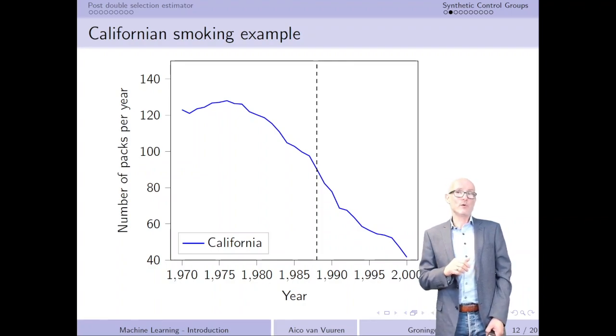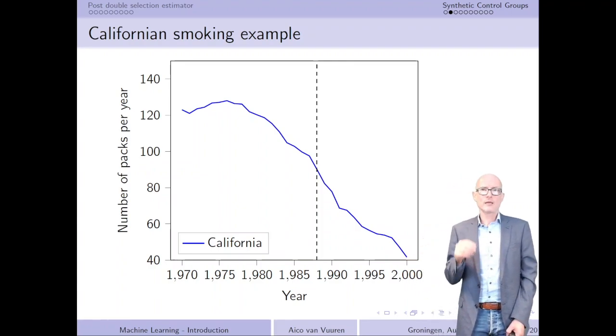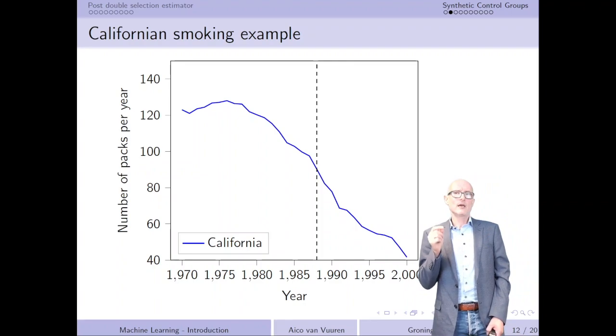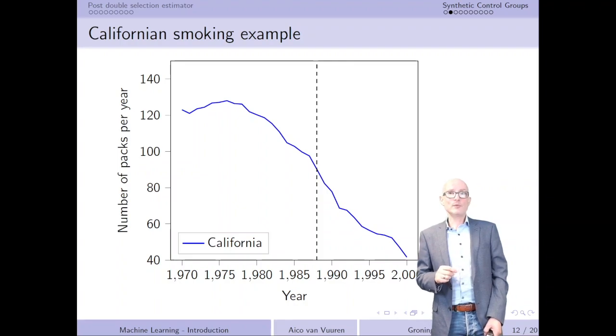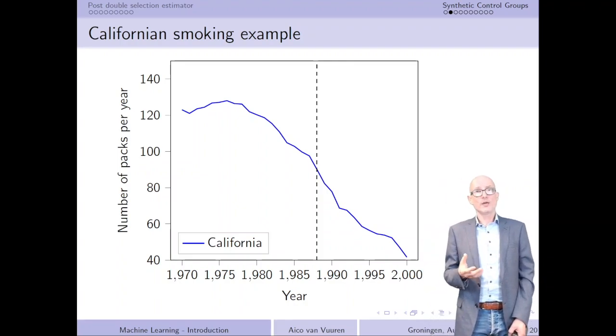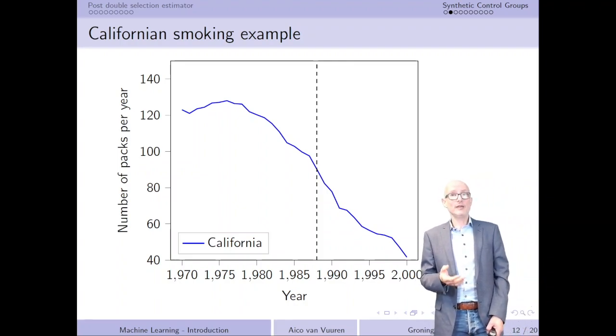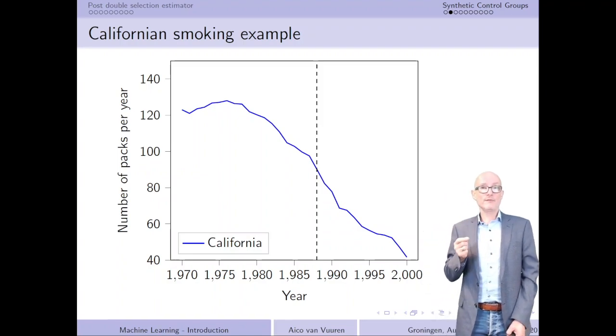The line that we have over here is at 1988, because we have yearly data, and that means I'm going to look at the last year in which we still had the low taxes. When we look more in particular at the cigarette consumption in California, we see that in the year 1970, the number of packs being consumed by every individual in